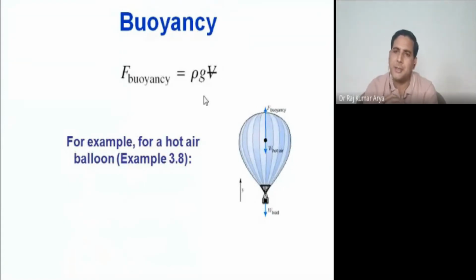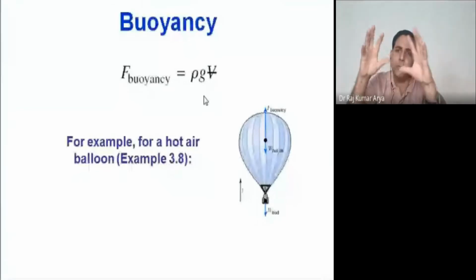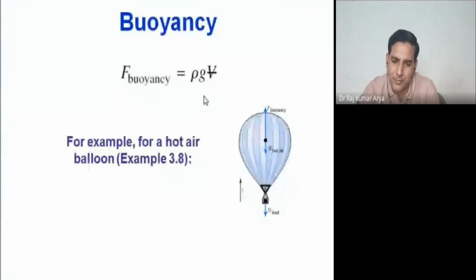Therefore, why do we take hot air? Hot air is always lighter. So inside the volume, you don't want any further weight. If you put cold air inside the volume, it will also have its own weight, which will act downward. So your purpose will fail. So you have to put a lighter material inside the volume. Practically, you want that volume to expand and you don't want anything there. But if you create a vacuum there, this volume will sink only. So you are putting hot air, which is lighter than air, so that your volume weight should not add up. Fine.